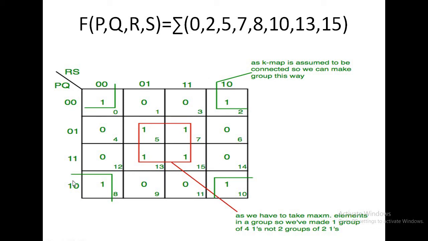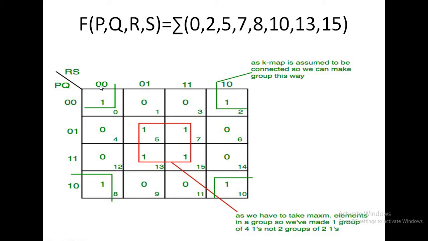Then in the rows I can write PQ, and in the columns I can write RS. Then how can I write these numbers? Now these numbers differ by 1 bit position. This is 0 0, 0 1. 1 bit is changed, 0 to 1, and 0 is the same. If I write 1 0 here, then both these bits are changed, 0 changes to 1, 1 is changed to 0. That is not possible. Only one bit is changed. So 0 is changed to 1, 1 is the same. Again, 1 is 1 and 1 is changed to 0.